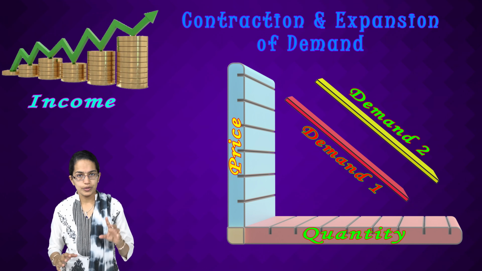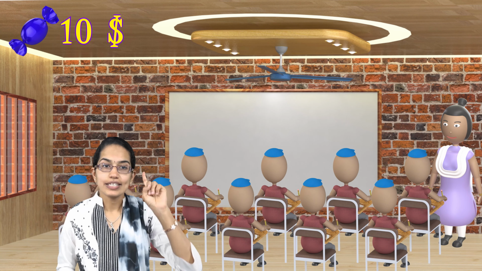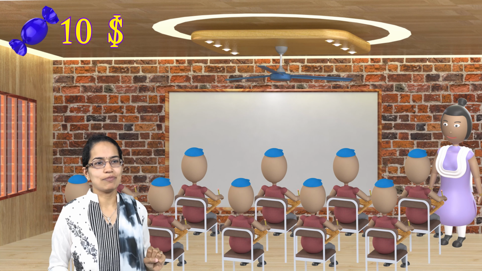So, when you have a price that increases in the market, what would happen? Let's take a simple example. I have 10 students with me. I am willing to give each of them one chocolate which costs me $1. So, I have 10 students, and I can give all 10 of them chocolates which are $1 each. Now consider a scenario that I have a chocolate that costs $10. There is a price rise. So there is a contraction in the demand.